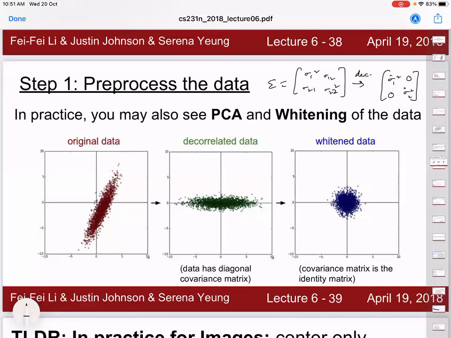Further processing is whitening the data. What we mean by whitening the data is to decorrelate and normalize, in some sense. That's equivalent to decorrelating and normalizing. This is usually done by taking advantage of eigenvalues. In fact, decorrelation is also done by taking advantage of eigenvalues and eigenvectors. This is only by eigenvectors, and this is by taking the information of eigenvalues and eigenvectors together.